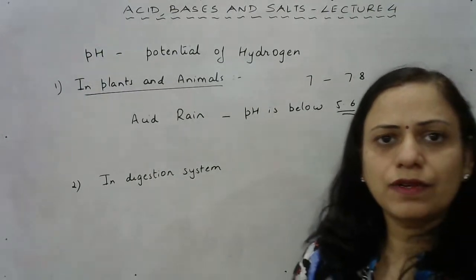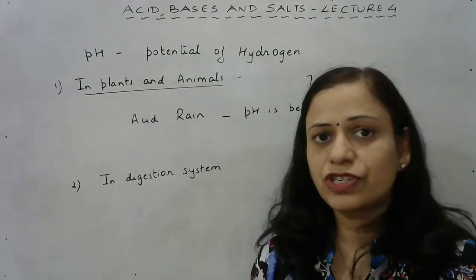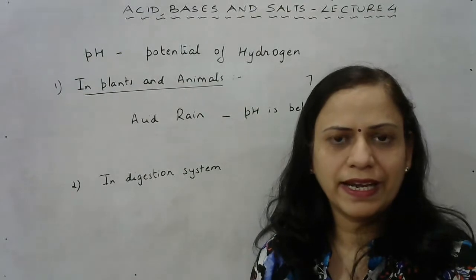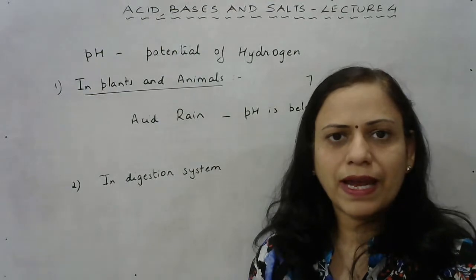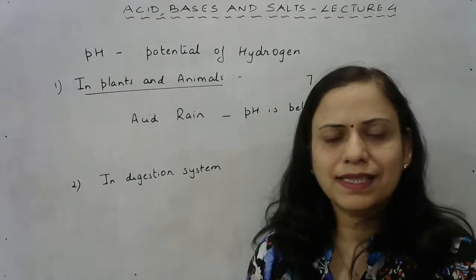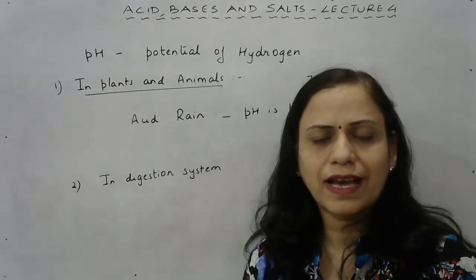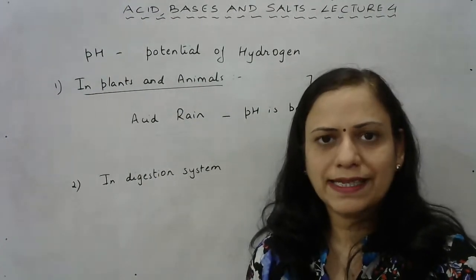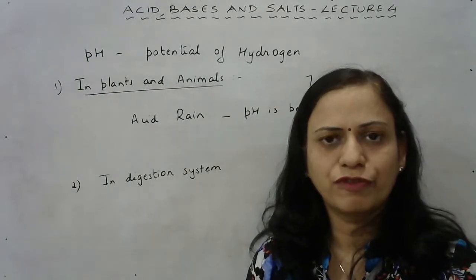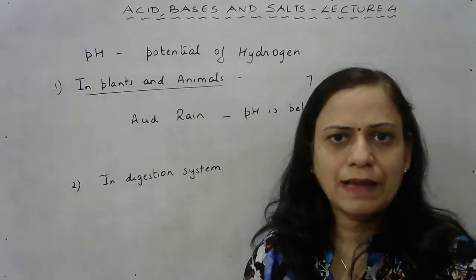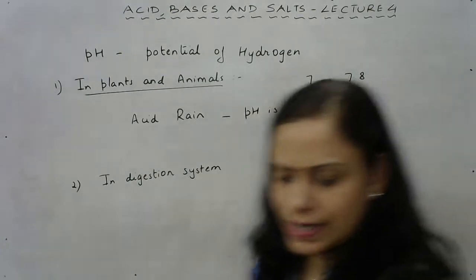But there's a reason why that acid is required, which we discussed in the chapter life processes. It's essential because it has to disinfect the food that we are eating. It has to activate the enzymes that are being secreted by the stomach. So that is why it is important there. But along with the HCl, the mucus that is secreted protects the walls of the stomach from the corrosive action of the acid. So at places the lower pH is required also. We cannot say that acids are always harmful for us. Acids at times are essential for our survival, right? So this is the second application of pH in our digestive system.